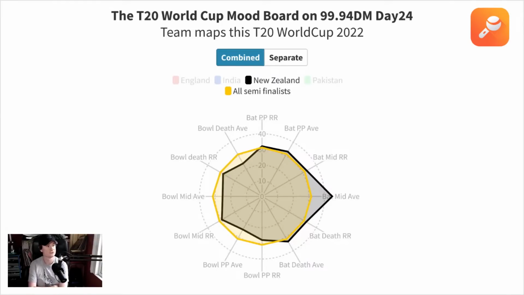So then if we move on to New Zealand's bowling at this point, you see that their bowling power play run rate is incredible, and that is completely propped up by the fact that they just take so many wickets at the top, which you can see there. That also leads into the fact that they are not too bad in the middle overs when they bowl. So their spinners are getting a huge advantage by what their seamers are managing to do up top, but their spinners are actually also building on that, which I think is really, really interesting.